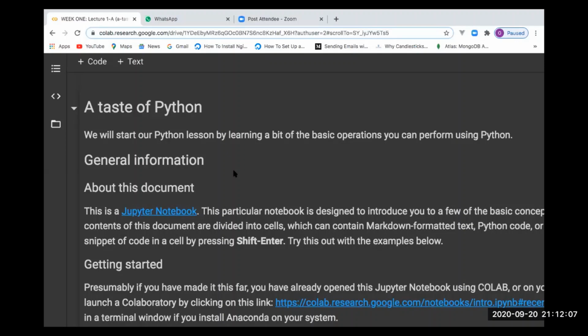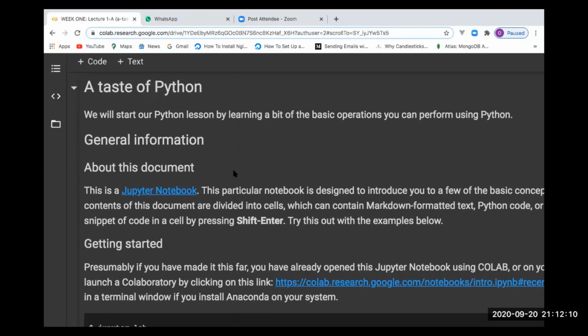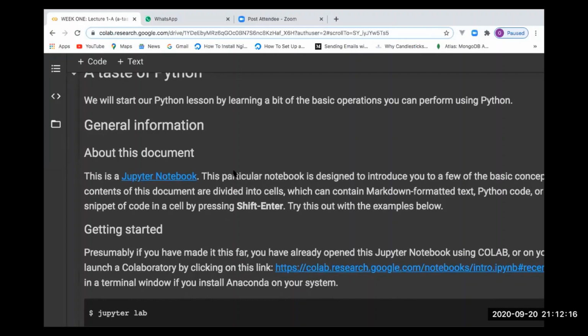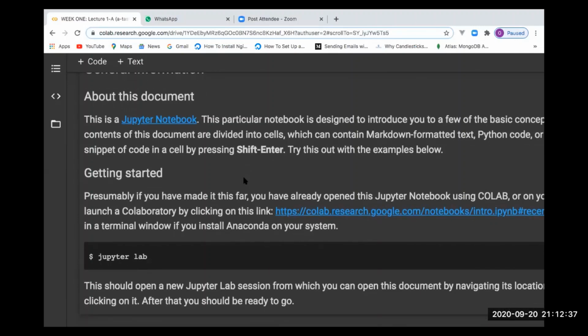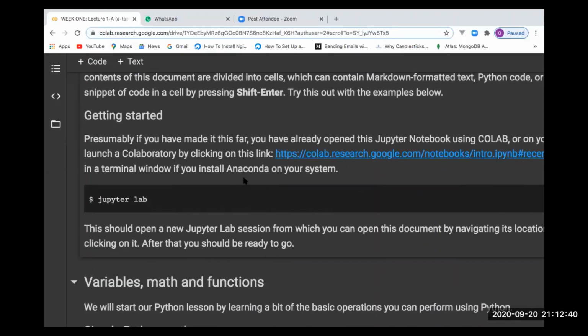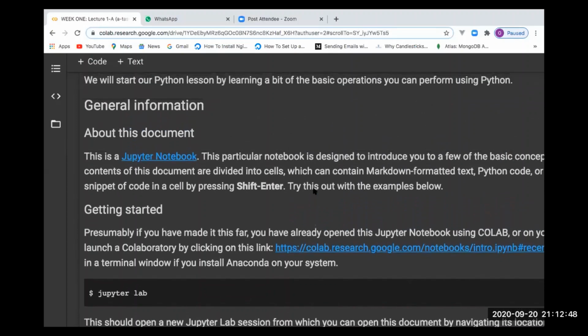Now, we start our Python lesson by learning a bit of basic operations that you can perform with Python. So I put some general information here, and it's only talking of how to use this Python notebook. If you want to run it, just press Shift Enter, then your application will run. I will still talk more about that later. So if you want to get started also, go to this link, Colab Research, and create your notebook. Once you are in that link,